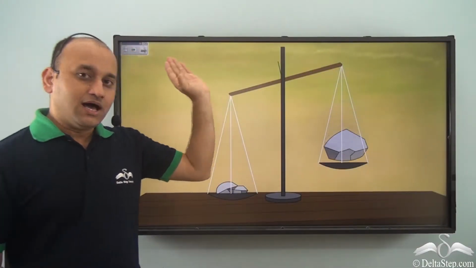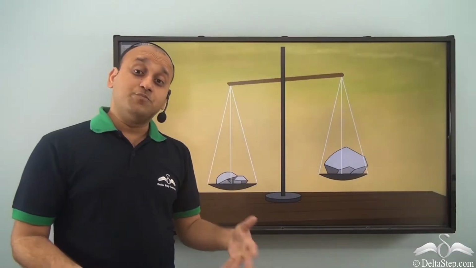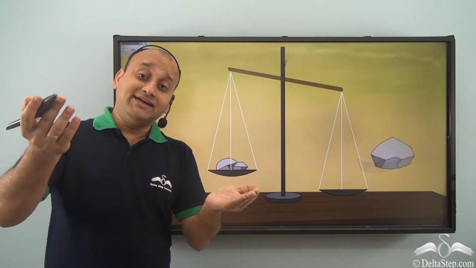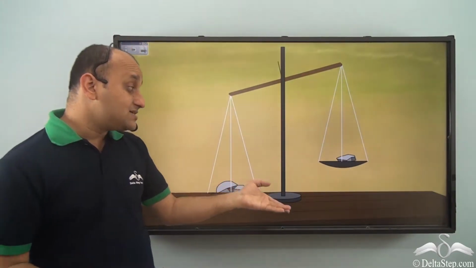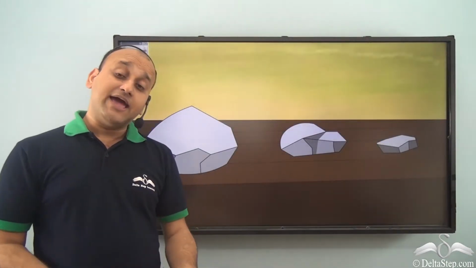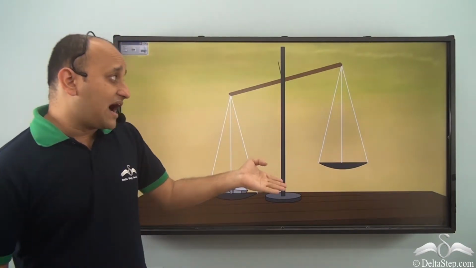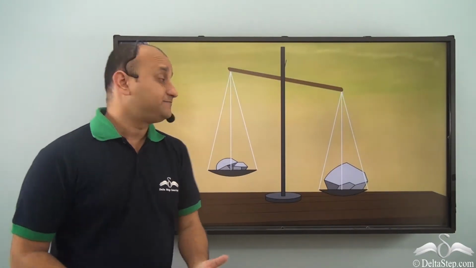And how could you compare them? Well, using the balance scale or the beam balance. So as you put these objects on the beam balance, it bends towards the heavier object or the heavier rock, and as a result you were able to identify which is the heaviest and which is the lightest. And this is how a beam balance can help you measure the heaviness of an object.